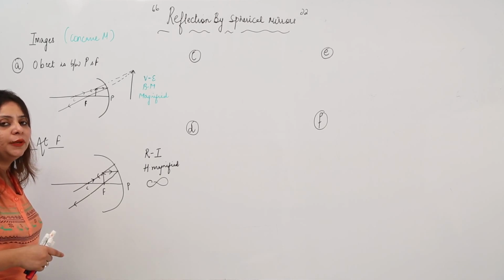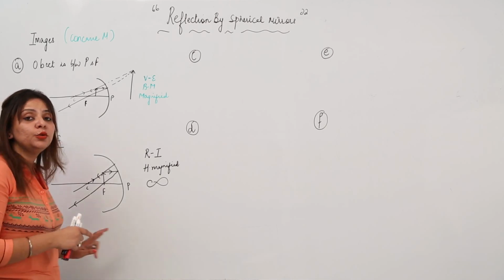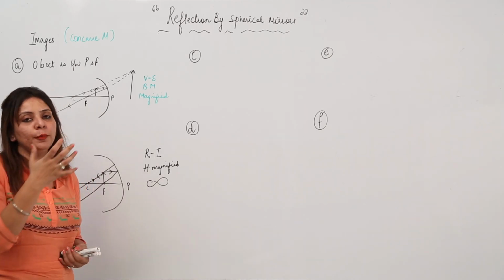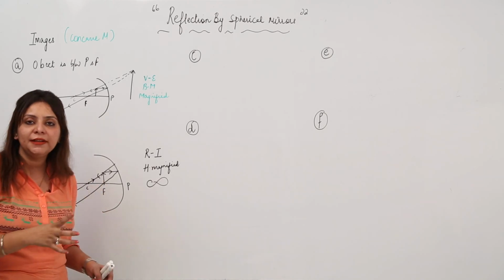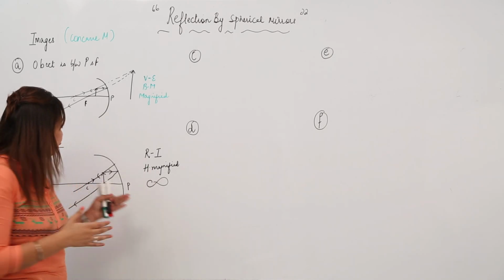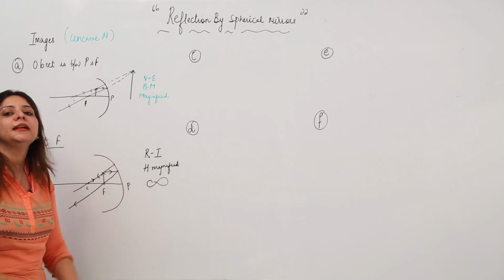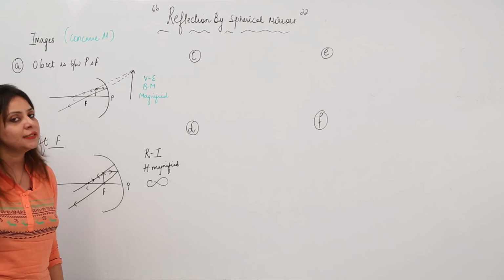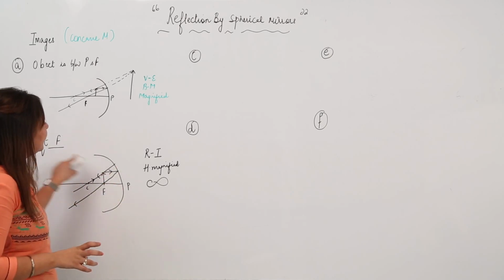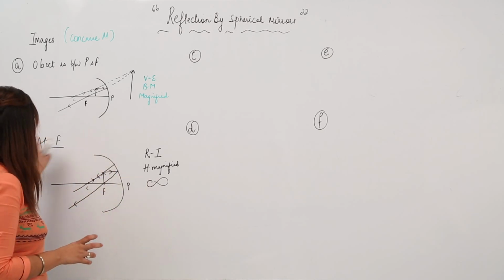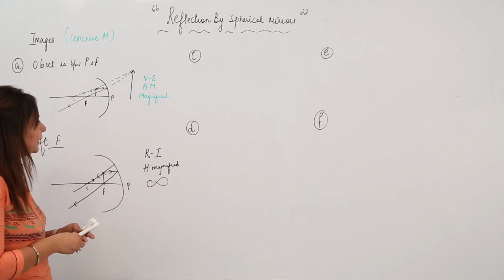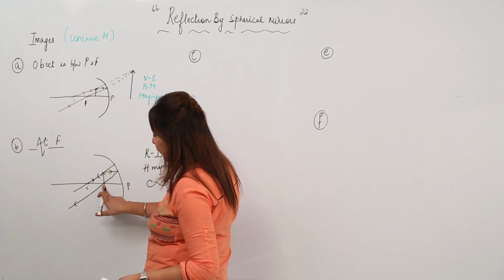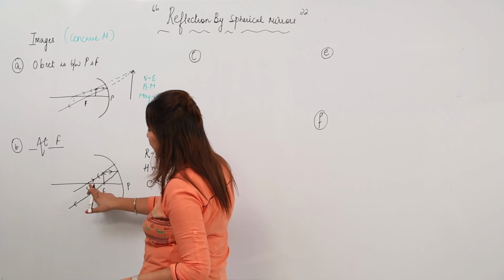You know why they are going to meet at infinity? Because of atmospheric refraction, which you will be studying in higher classes. Atmospheric refraction is a phenomenon in which a straight line no longer remains straight; it gets deviated, and they will definitely meet at a certain point, and we don't know where that point is. Therefore, we say they will meet at infinity. So whenever the object is at F, the image is formed at infinity. This is the ray diagram when the object is at F. Now I am moving my object: earlier we took it here, then moved it to here. Now I am taking the case when it is between F and C.